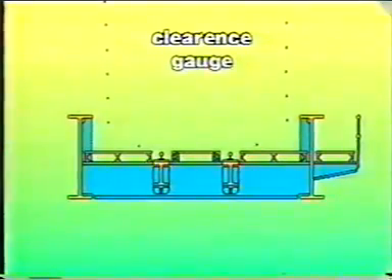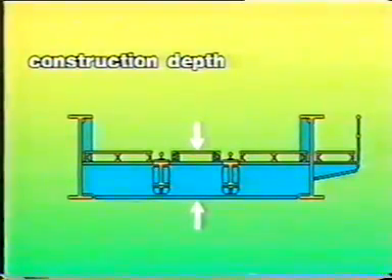General concepts are the clearance gauge, within which no objects are allowed, the span, the distance between the centers of the supports, the construction depth, the distance between the top of the deck or rail and the lowest point of the bridge cross-section,